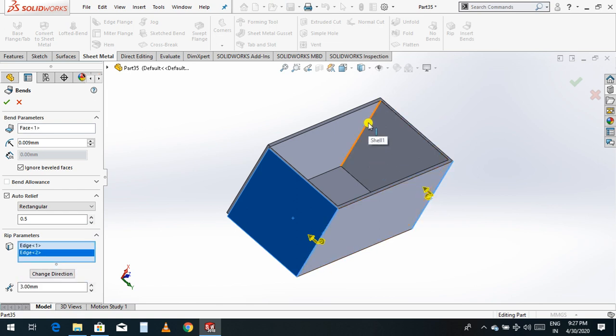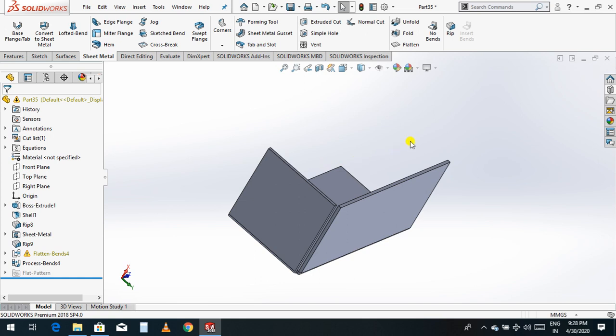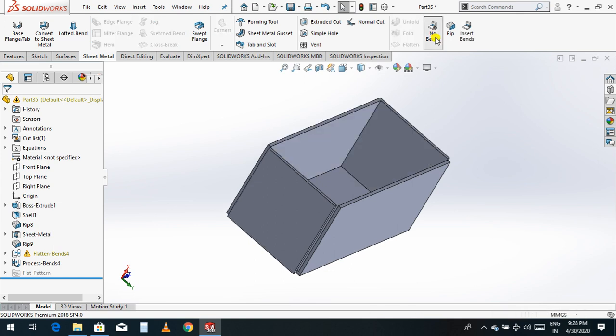If you select this corner, all the part will be kept as it is. And if you are not selecting it, this face will be deleted. So just click OK. Now see, just click the no bend, and automatically all the part will come back.